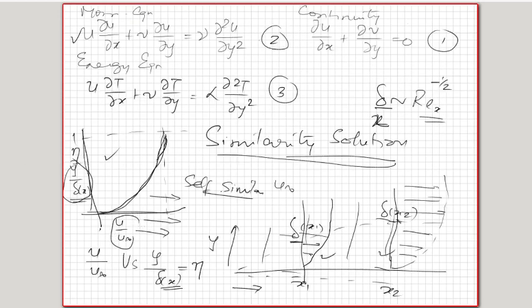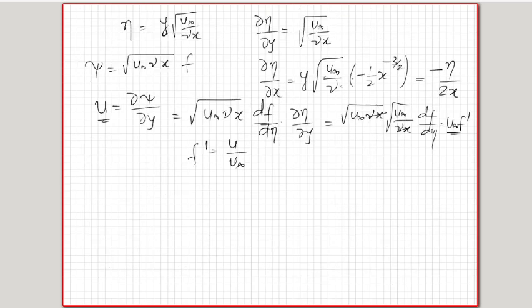We basically have to get this f prime. Okay, so f prime as a function of eta is the plot that we are actually looking at. So f prime versus eta is this plot. So finally what we need to get as a velocity profile is this as a function of eta. Okay, that is u. Similarly,